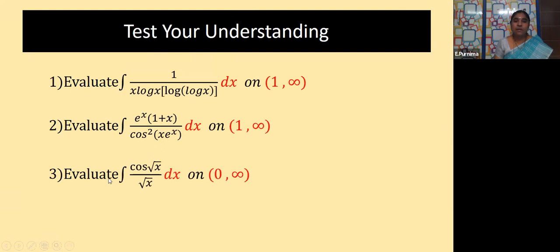Next is evaluate cos root x by root x dx. Here also root x can be taken as t, and try to solve the sum. Next one: evaluate e to the power of x into sine of e power x dx. Here also it is a very simple sum. I don't think I should tell the term which is taken as t here, so you can try it. Clear, students? These are the sums given for practice. Try to do the sums, children, and don't depend on the answers I am going to give in a few days. First you try, then you can check your answers.